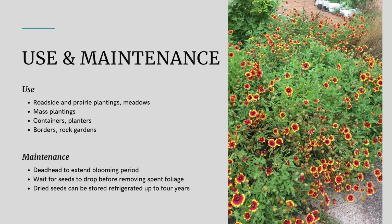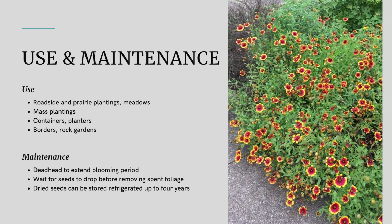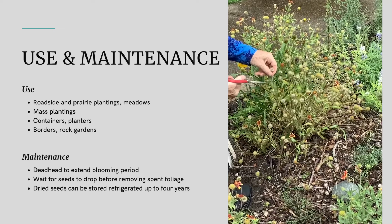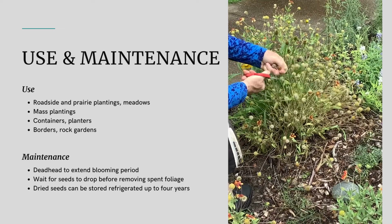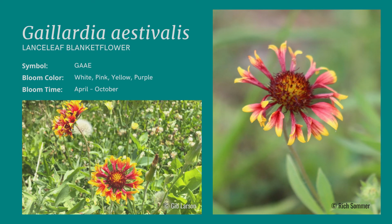Gaillardia reseeds easily, and it will exhibit a blanket-like density, as shown in this video. Deadheading will extend the blooming time, and you should wait for the seeds to drop before removing any of the spent foliage. Earlier I mentioned that there were other Gaillardias in our area, and one of those is